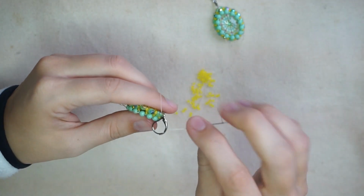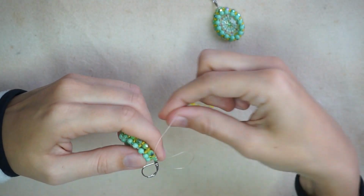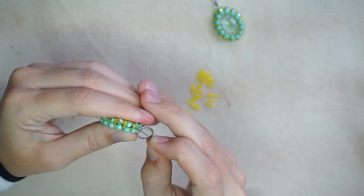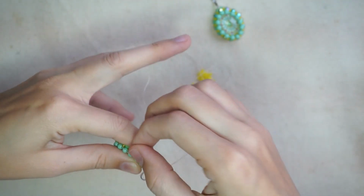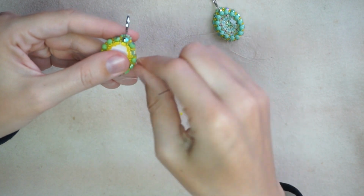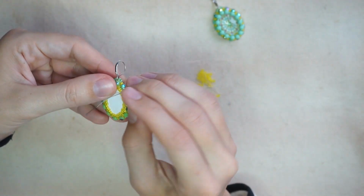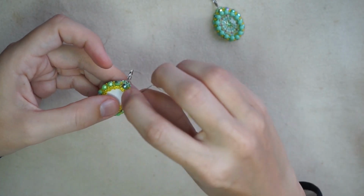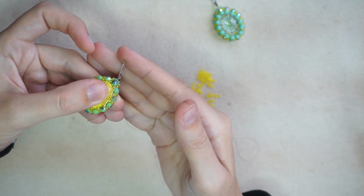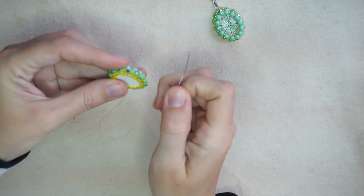and through the third and fourth seed bead of the loop, again through one more seed bead and one fire polished. When you turn it on the back, then you can go through this one side seed bead, through two of them, lying right here, over the fire polished, through the one here,